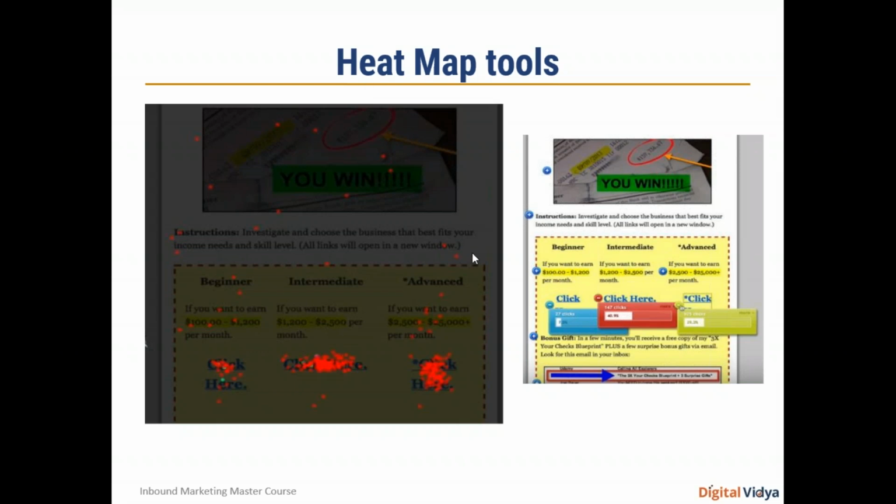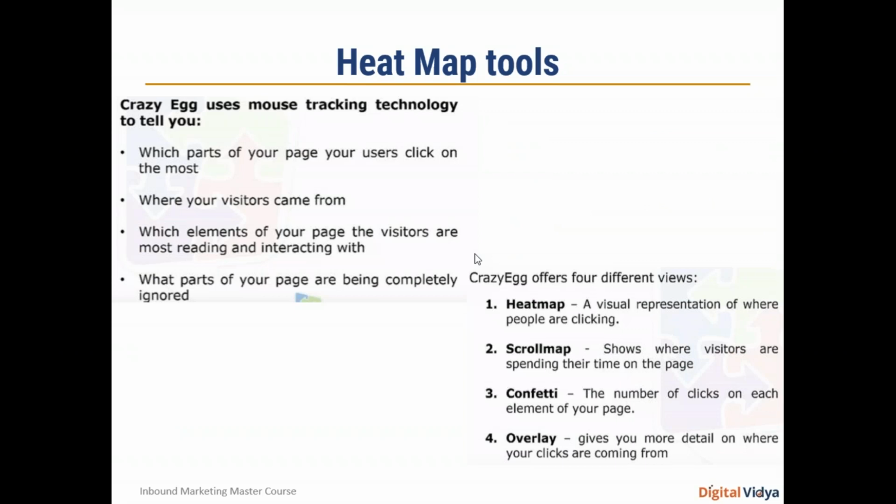and I'll be taking you through the demo of this tool now. There are lots of tools available in the market. You have Crazy Egg, you have the VWO platform. Crazy Egg is one of the famous tools. I'll be taking you through this platform called VWO.com, and it also tells you where people are coming from and which elements of the page they are reading and interacting with. Essentially it tells you where people are focusing their attention and which parts of the page are completely being ignored,